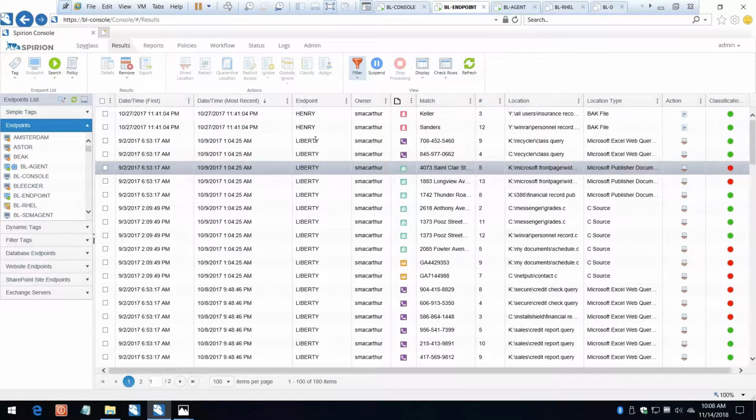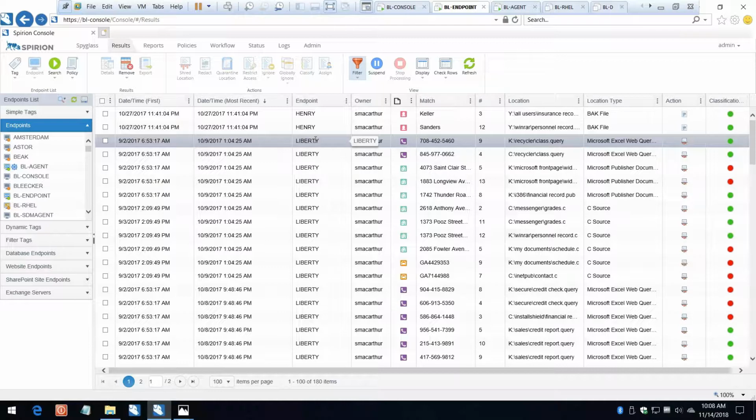The endpoint in this case happens to be the data repositories. So your data repositories are obviously going to be more in scope than just, let's say, a file server. It could also be scoped to database servers. It can be desktops like laptops and workstations. It could be Exchange servers. It could be SharePoint. It could be Dropbox. It could be OneDrive locations, things like that. So Spirion has the capability of being able to scope to those various data repositories.